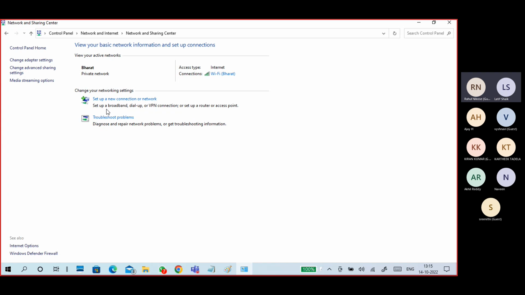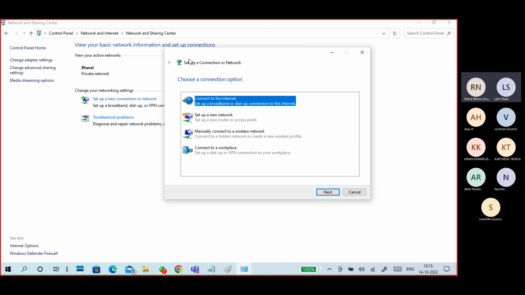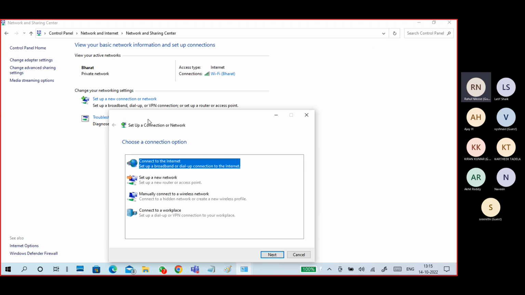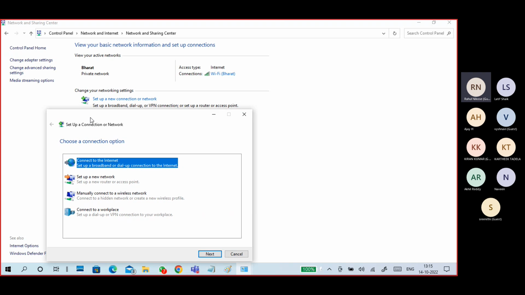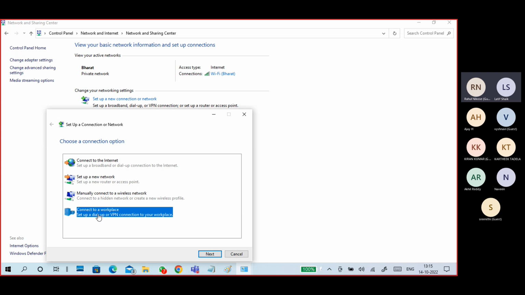Then read: set up a broadband, dial-up, or VPN connection, or set up a router or access point. Then it is showing connect to the internet, connect to a workplace. This one is for VPN, connect to a workplace.